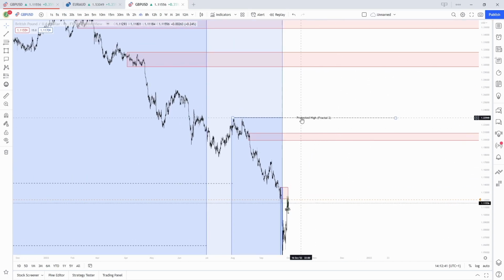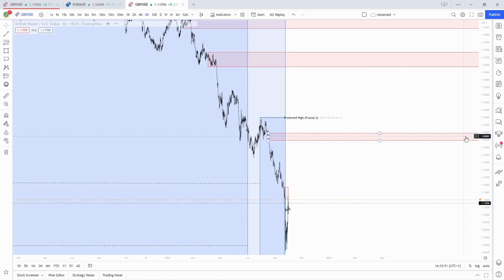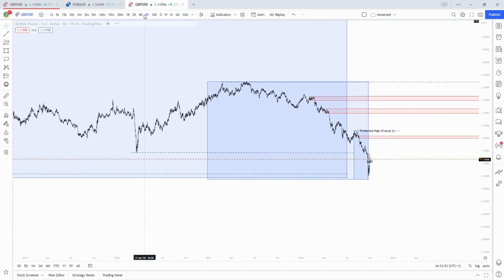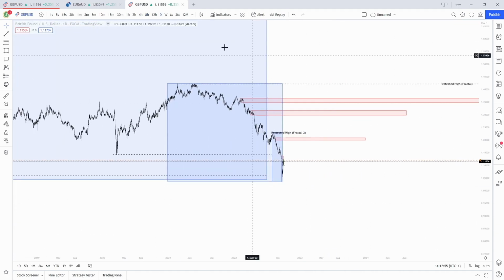If we come to break that protected high, what that means is rather than us looking at this blue box, the second a protected high is broken in terms of fractalization, we would then go higher, look inside of the next blue box, which represents this one right here, where we have this bearishness coming down as an impulsive wave. You see that if this protected high gets broken, we have the opportunity to reverse within one of these 2 zones,